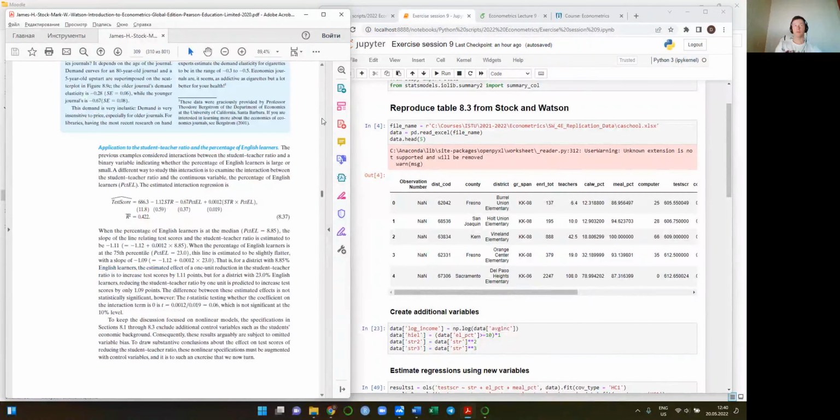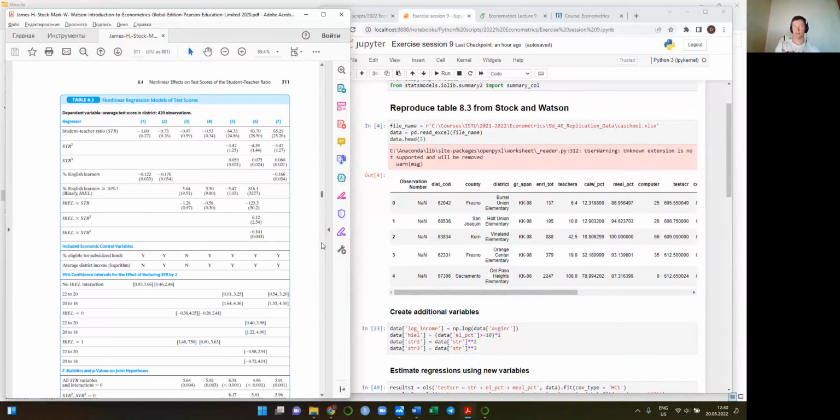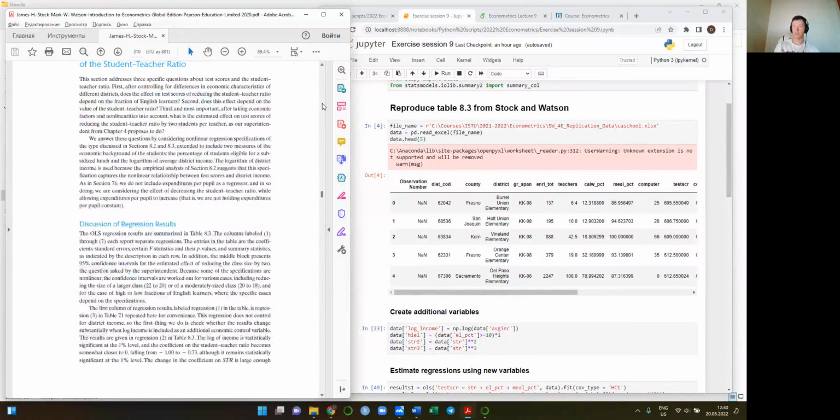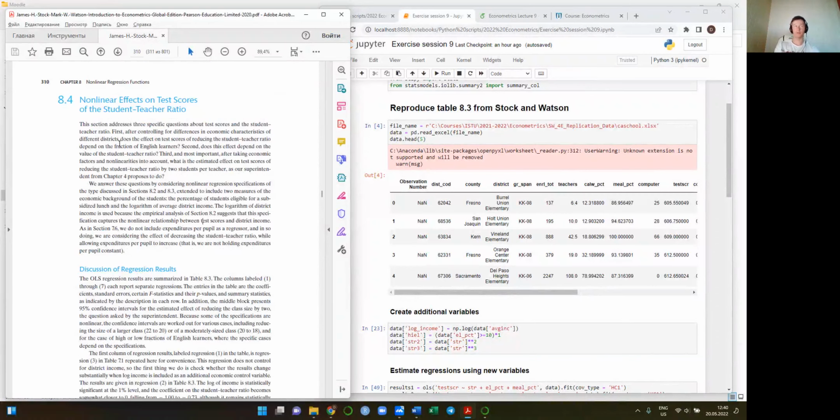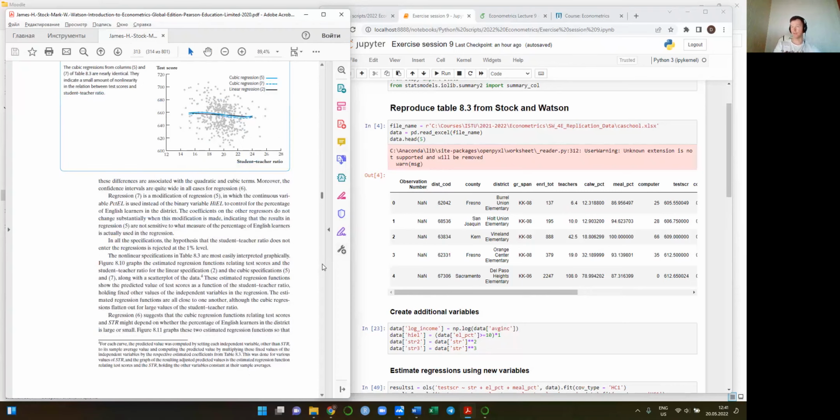Well, I wanted to replicate with this script a table that I asked you to analyze while reading paragraph 8.4, because this paragraph is very important to finalize our course. We've been doing a lot of steps towards this, and this is the logical finish of our path, and this is very nice that we managed to do this on time,